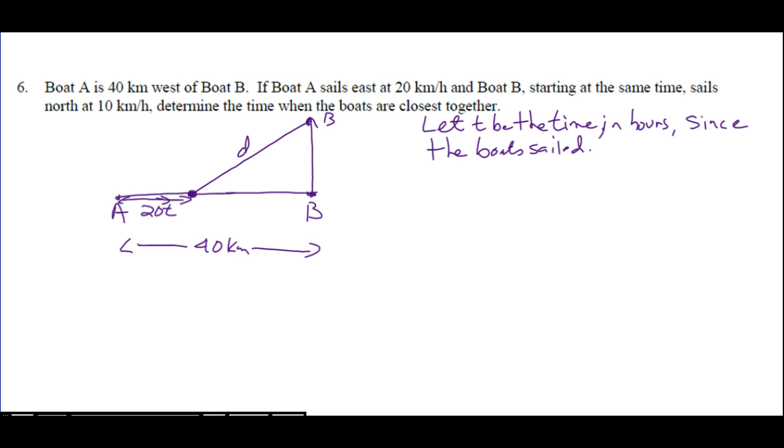So at time 0, they're here, and then they start moving, right? And B is moving, so this distance here is going to be 10t, right? 10 times time. So just imagine in 1 hour, this will have moved 20, and this will have moved 10. And then what's this distance here? Well, it's going to be 40 minus 20t. Okay, so we got 20t, we got 40 minus 20t, we've got 10t, and the distance between them, okay, at